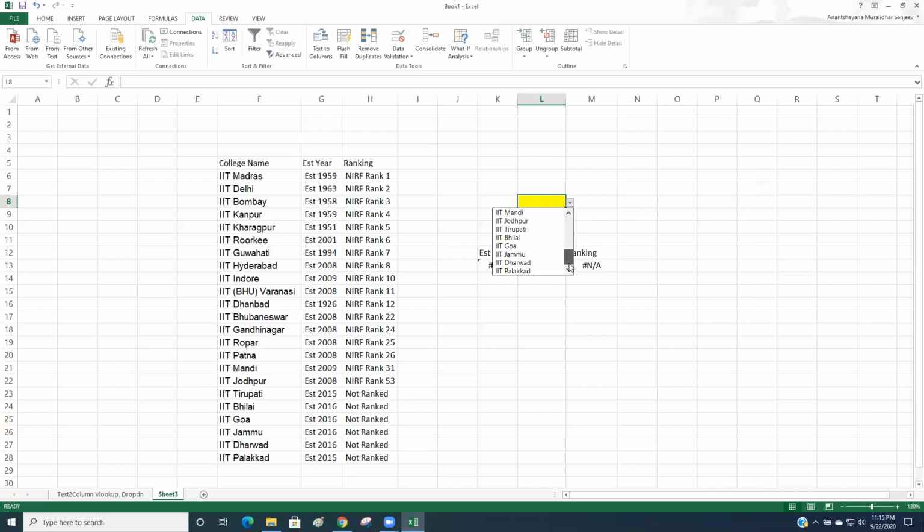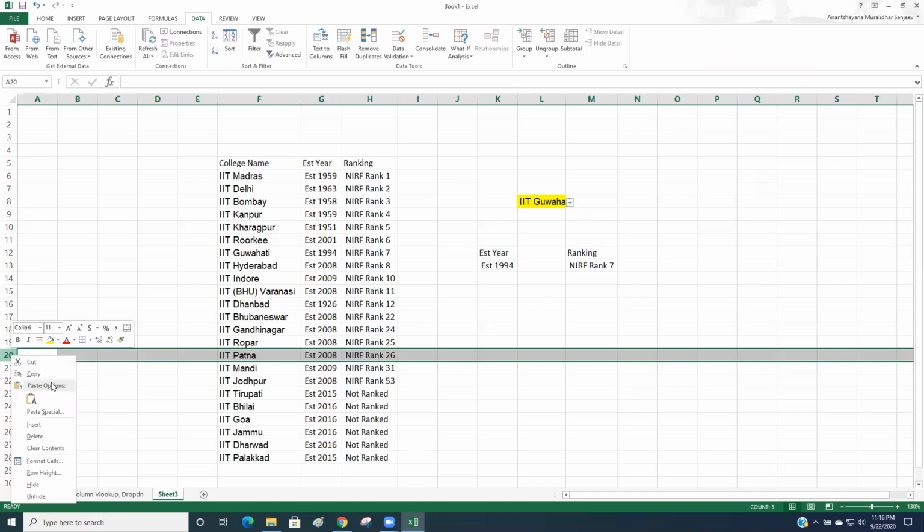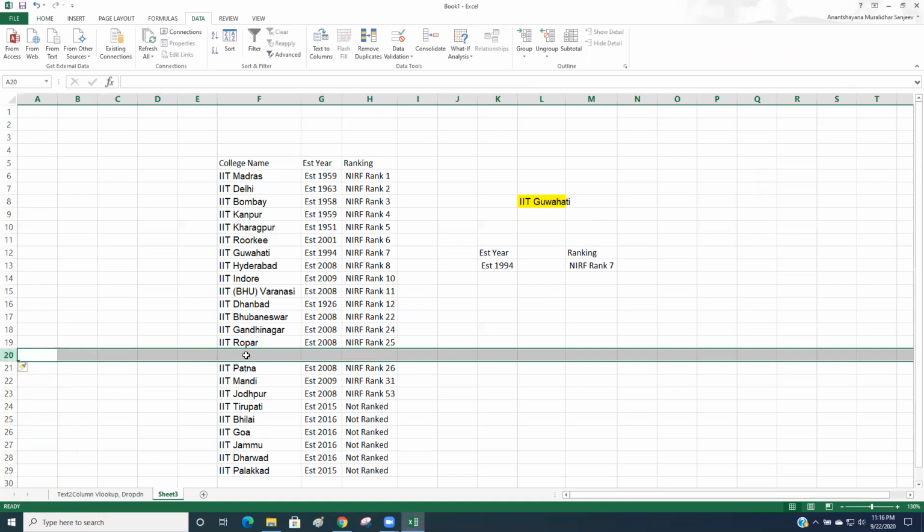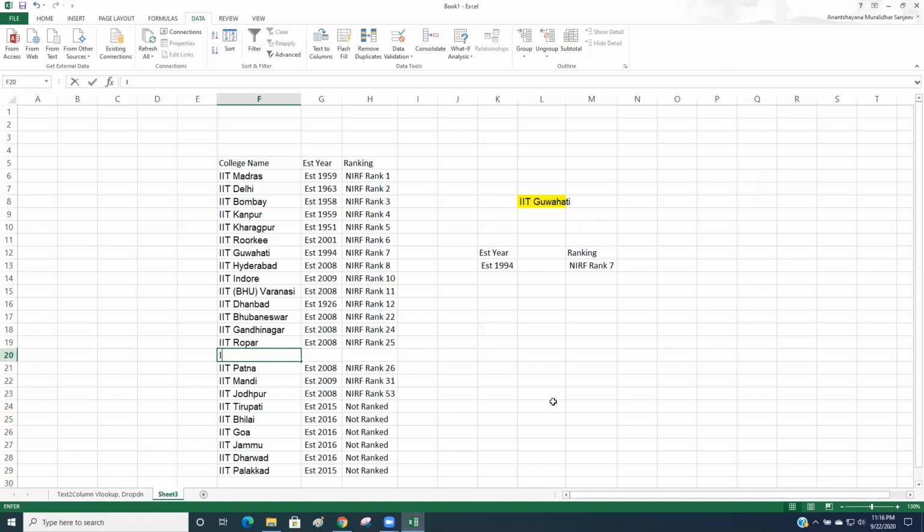If you choose IIT Madras, the lookup works dynamically. If you choose any other value, it works dynamically. And one more beauty of this drop down is, imagine you insert a value in between. Say a new IIT college starts, IIT Bangalore, established 2020, and let's keep it as first rank.